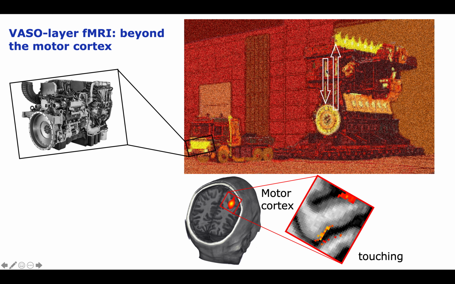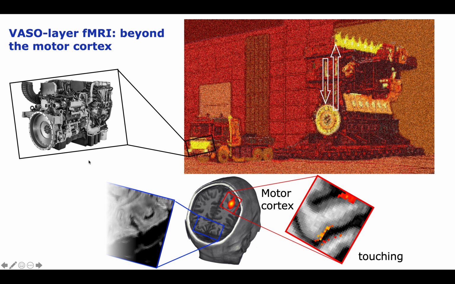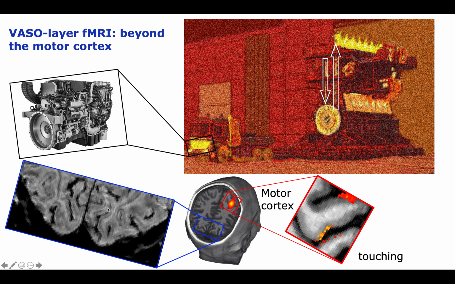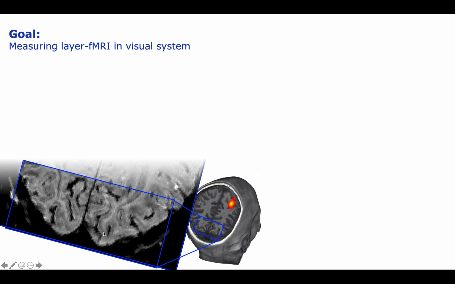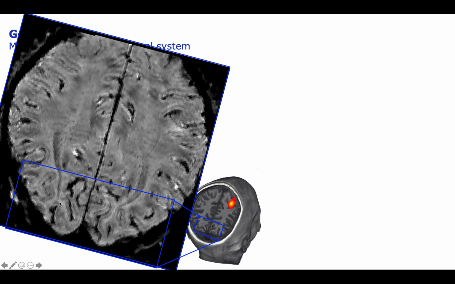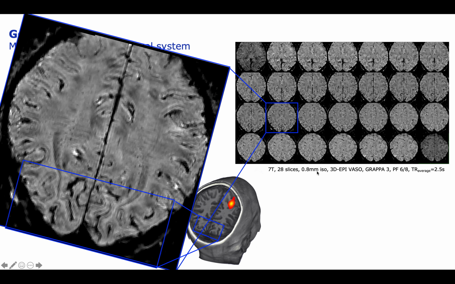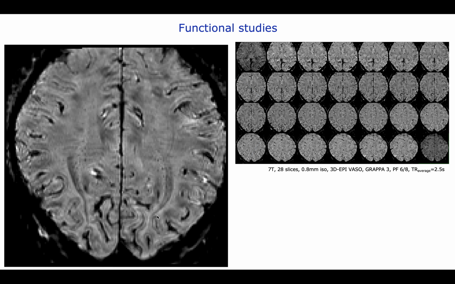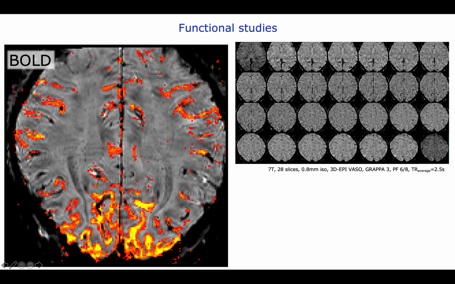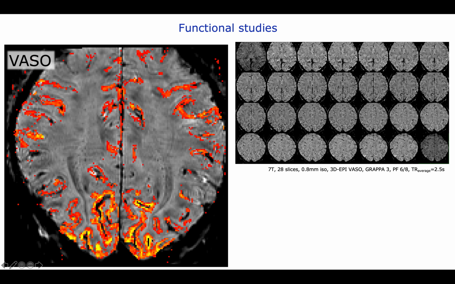And this is the reason why we invested quite a lot of time in recent years to extend this layer-dependent fMRI methodology for non-BOLD contrast, also for more regular-sized cortices, such as the visual system. And we wanted to get there without sacrificing this stripiness. For example, here these dark voxels forming a line indicate the stria of Gennari, and we want to get there covering an entire slice, not only with a small field of view, but also as part of an entire slab of isotropic voxels. And since we care about activity and not only pretty EPIs, we need more than just the blobby BOLD, but actually a higher specificity of non-BOLD, VASO layer-dependent fMRI,